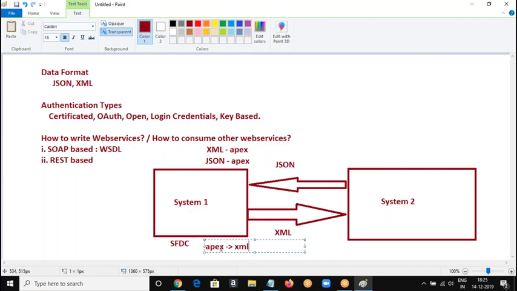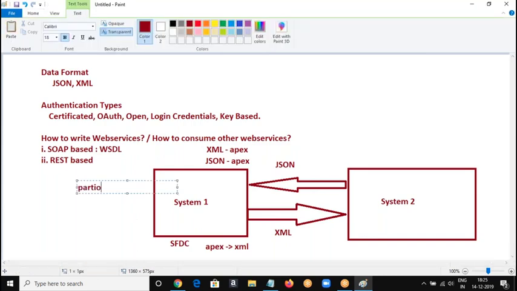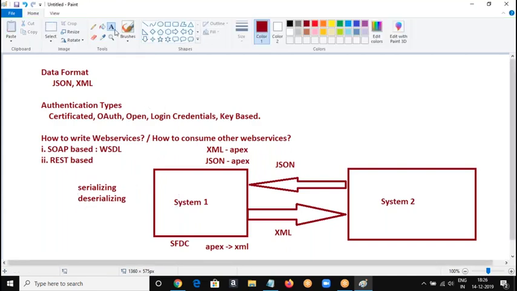So within your Apex, you should be able to build the data in the form of an XML string. From your Apex, you should be able to parse the data from XML to Apex. So we are going to learn about parsing the string, and serializing and deserializing. You can say serialize and deserialize. So before we get into the live integration demo, we should have more clarity on